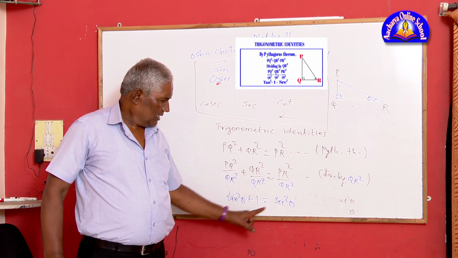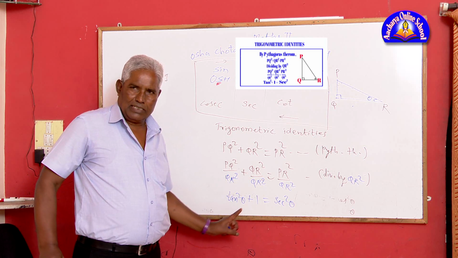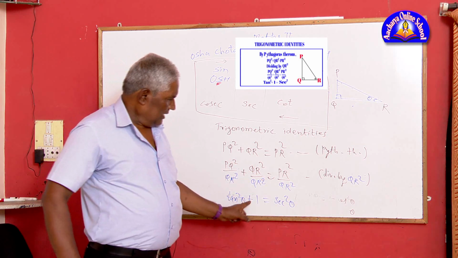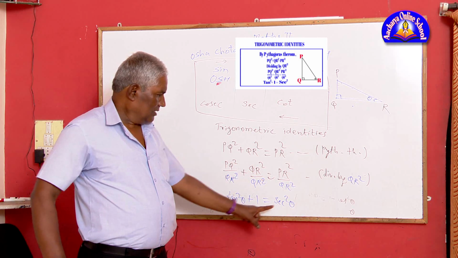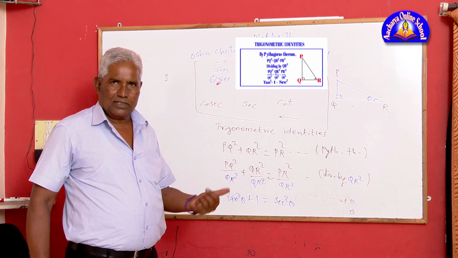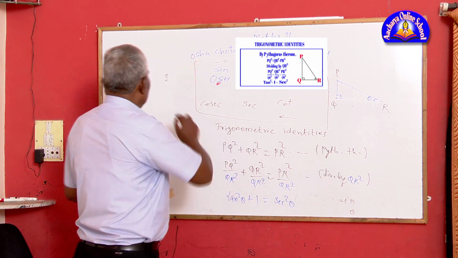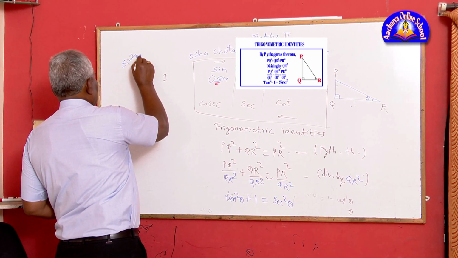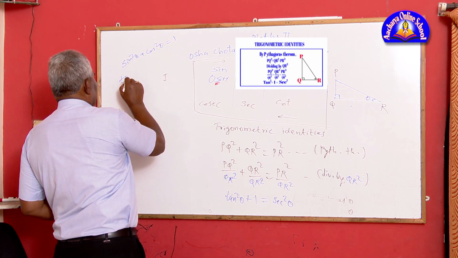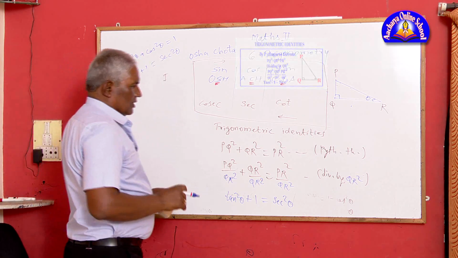Again you will get two corollaries here. If tan square is shifted to the right, you will get sec square minus tan square equal to 1. Or if 1 is shifted to the right, you will get the third form, sec square theta minus 1 is equal to tan square theta. This is the second group. So we have divided by QR square. The first identity we studied was sin square theta plus cos square theta is equal to 1. Second identity, tan square plus 1 is equal to sec square theta.